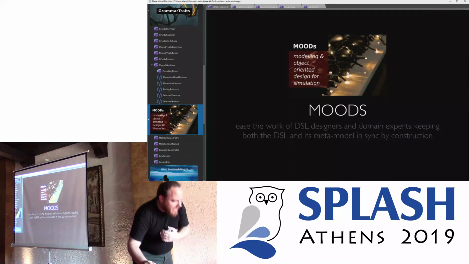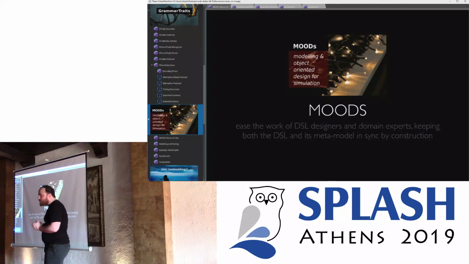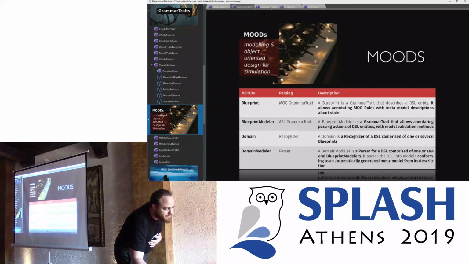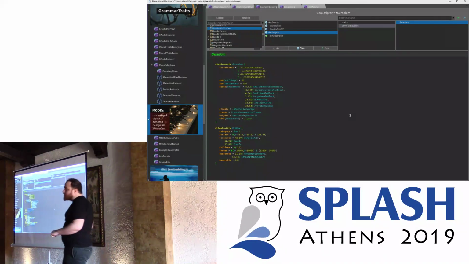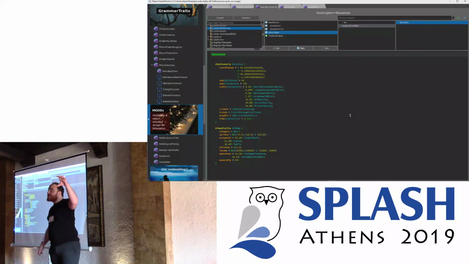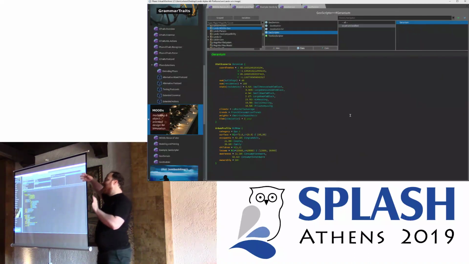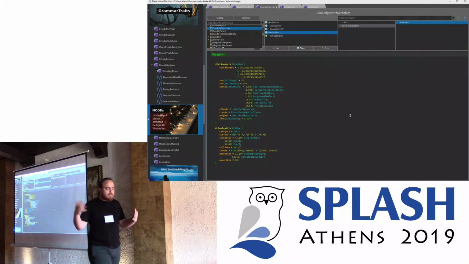Now, okay, I have some time with GrammarTraits and multi-ordered grammars. We can more easily build the DSLs for geography and epidemiology that I discussed. One thing that I should note here is that we are able to annotate the grammar with state operators in order to create, also from the same definition, the meta model, so that the meta model and the grammar are in sync.